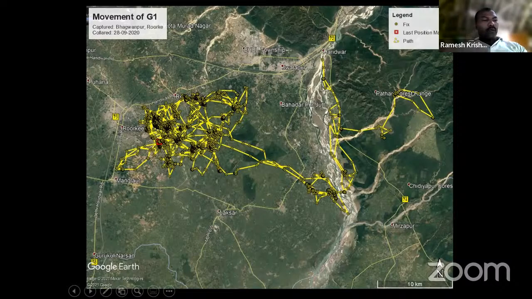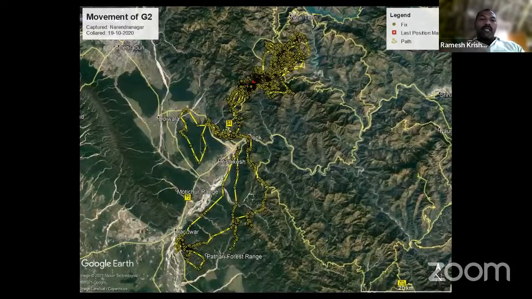Earlier, people used to just capture the animal and relocate it somewhere, thinking the animal is gone. But if the animal is an adult and has established territory, it is going to come back again. This kind of knowledge became available after putting on this satellite-based telemetry unit. Similarly, another leopard, which was caught in the mountains in conflict and brought down, again after some effort went back to the same area and started re-establishing. These were some of the insights.